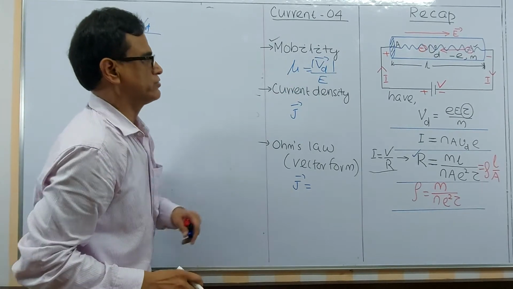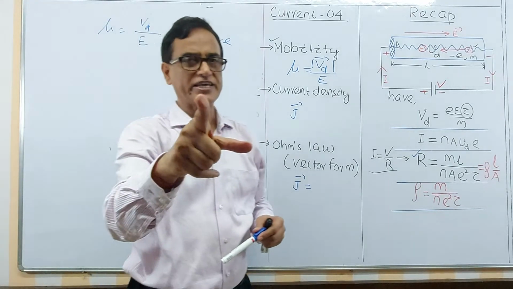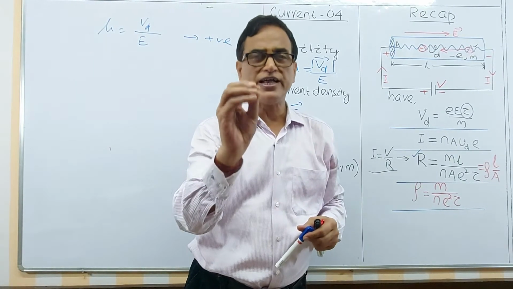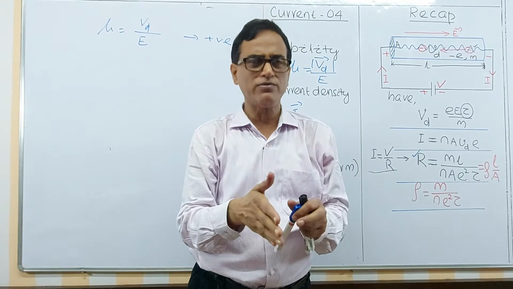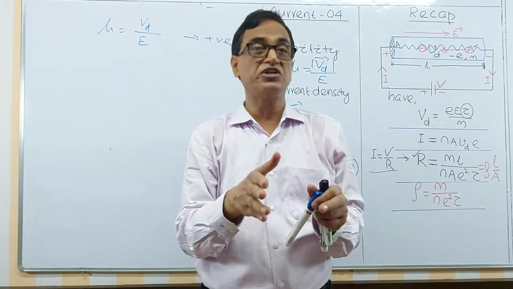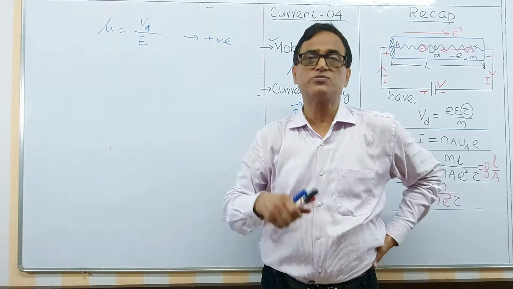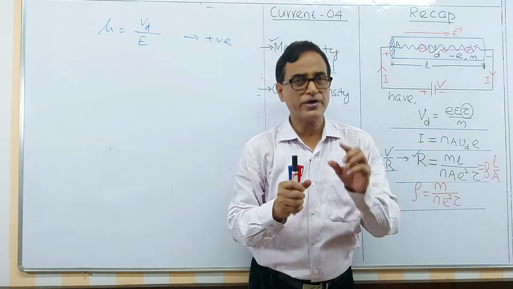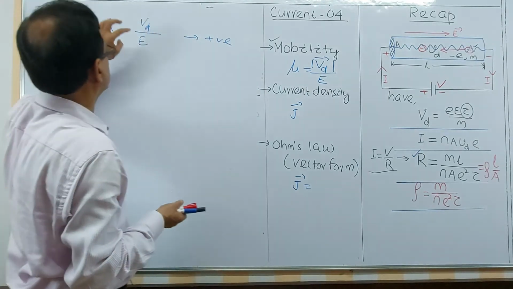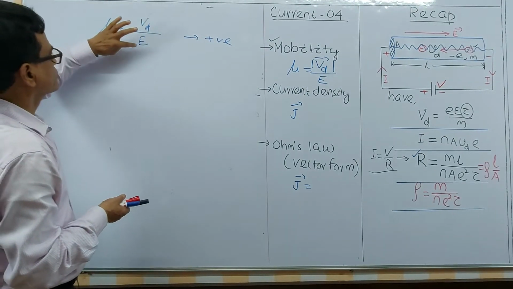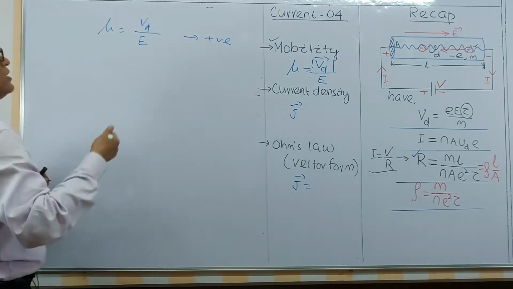I have taken the magnitude. And remember, mobility is always positive. Mobility cannot be negative. Unit and dimension, it is up to you. You are in second year, class 12. I think there is no need of telling the unit and dimension of a physical quantity unless it has a special unit. You can substitute the unit of velocity and the electric field, and you can get the unit. I have also done it.